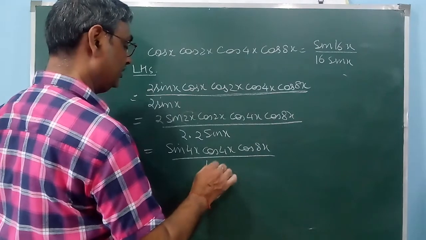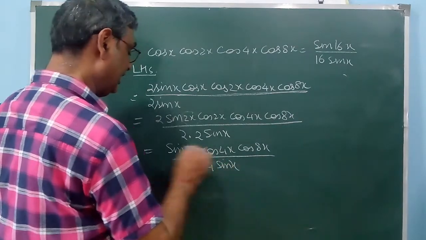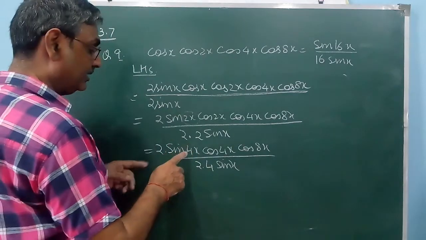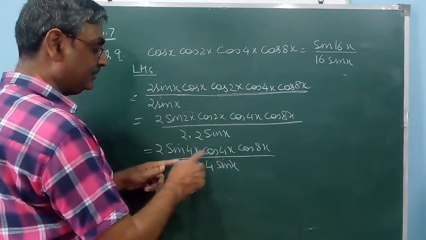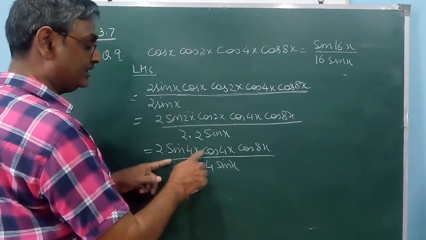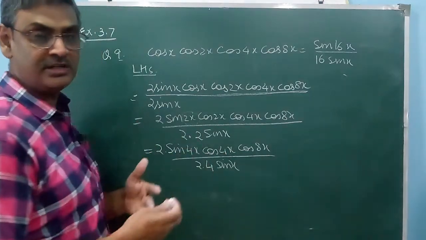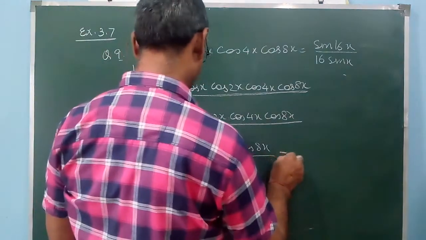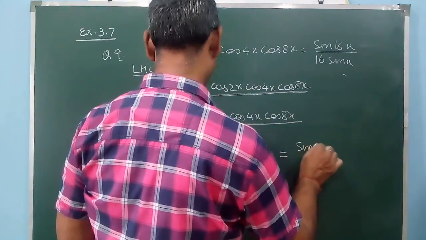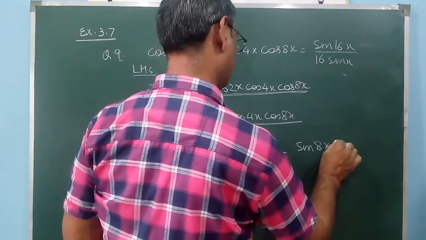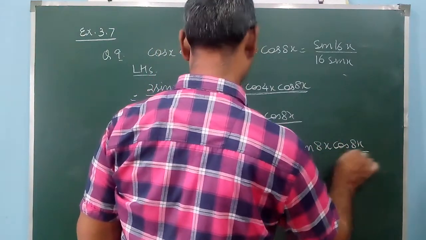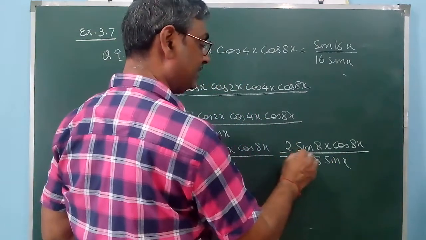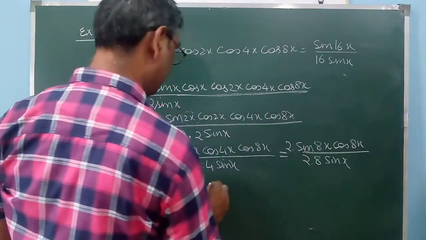So this is 4 sin x. Now again I can multiply by 2 here and 2 here just to have the formula. Now this angle will be getting doubled because this is 2 sin theta cos theta. This 4x you take it to be theta. So this is 2 sin theta cos theta. So this is nothing but, again we can multiply by 2. So 2 sin this one will be